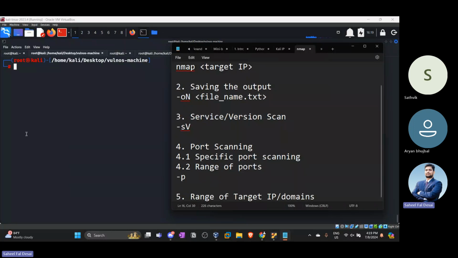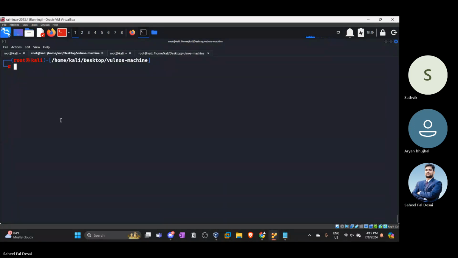IPs/domains also. What I mean by that is I can just say nmap and then 192.168.1.0/24. What this will do is scan all the IP addresses from 1 to 254. If I want to scan only the IP addresses from 192 to so and so, I can mention it like this also,